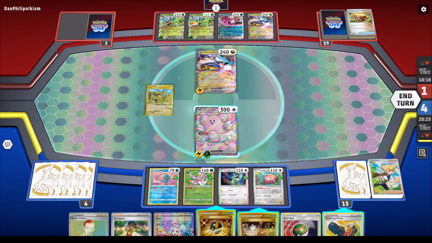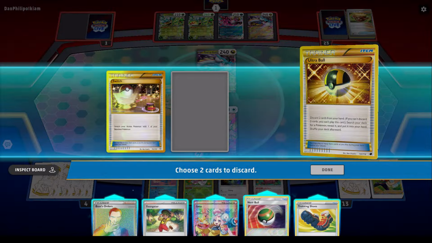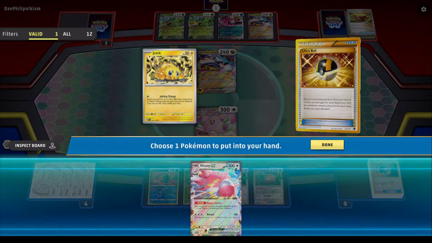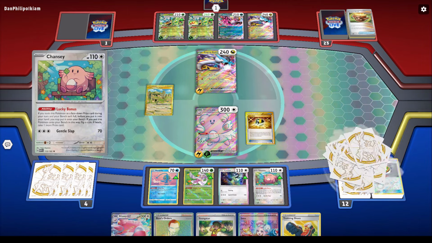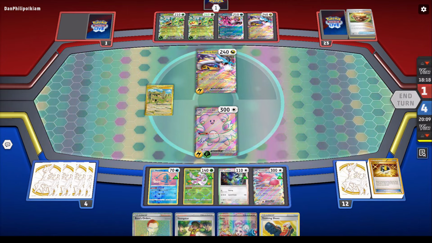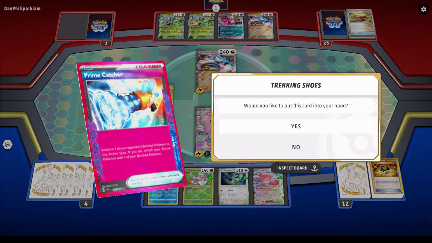I'm gonna do the Berry, and I didn't see an energy, but I guess we can try one more time with the shoes. Use the Ultra Ball first, thin the deck as much as possible. If I don't see an energy here, I'm pretty sure it's game over. We see the Catcher, which...